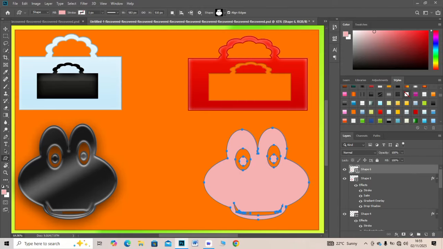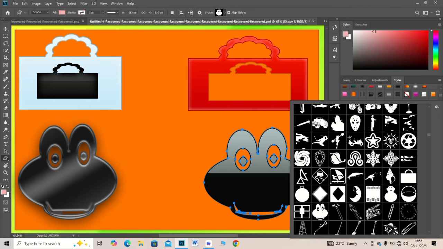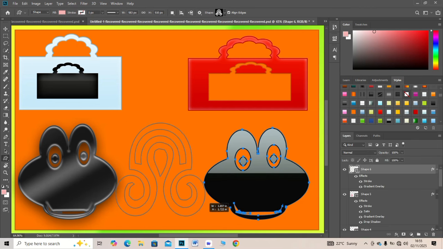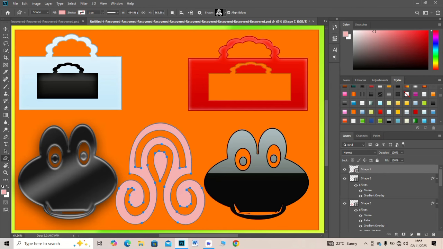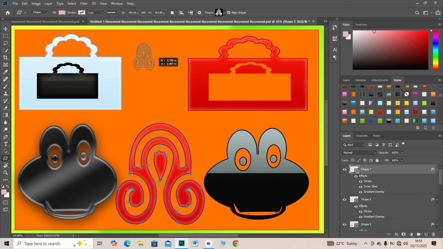Merge visible layers once it looks smooth. Now go to the filter, select sharpen and unsharp mask for clarity. Add a subtle glow for cinematic energy. This works well for